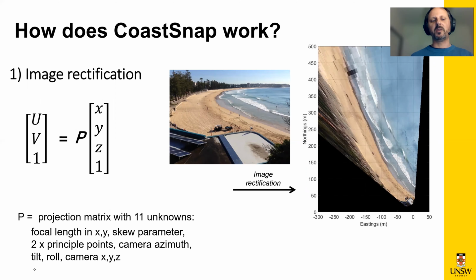It has the focal length in the X and Y, skew parameter, and the 2 principal points. These are known as the intrinsic parameters. And then we also have the camera extrinsic parameters: the azimuth, the tilt and the roll, and also the position of the camera itself. So that's 11 unknowns, but what we can do is make some very, very simple assumptions